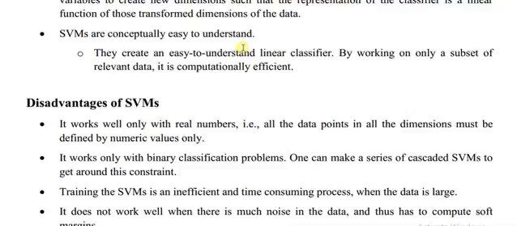Training the support vector machine is an inefficient and time consuming process when the data is large, because when the data becomes large, we need to find the relevant pairs on which we need to perform the computation. That is one of the difficulties in the